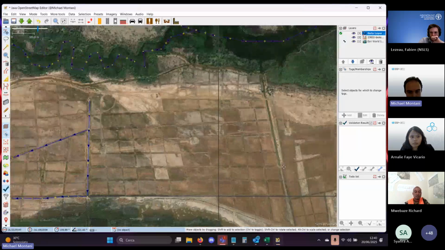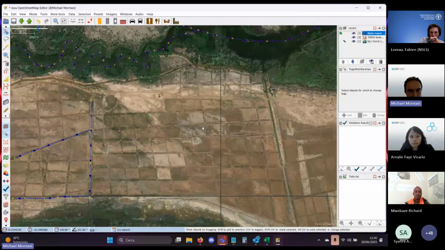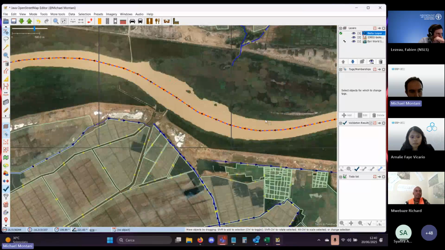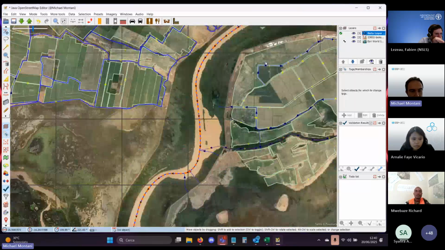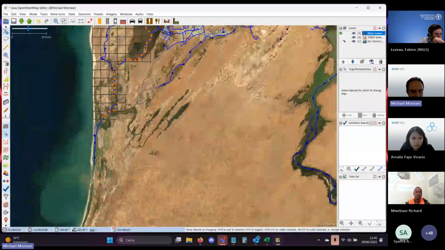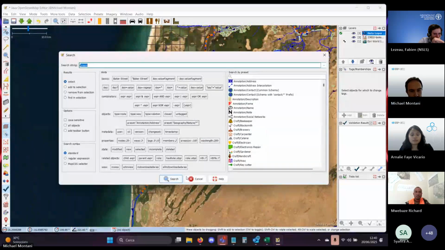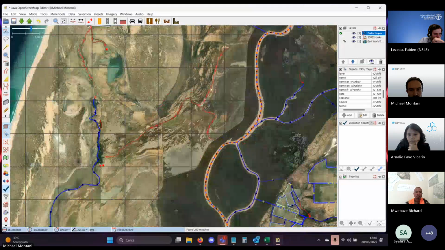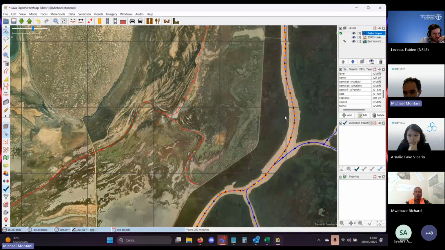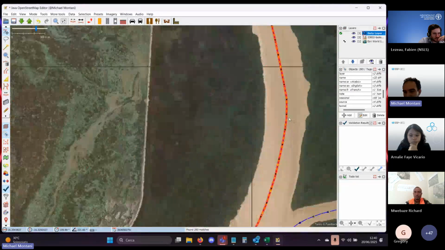Then, just to wrap up a little bit, we have rivers. Then we have streams, which were very nicely mapped down below. These are streams, very narrow natural waterways, while rivers are natural waterways but much bigger in width.